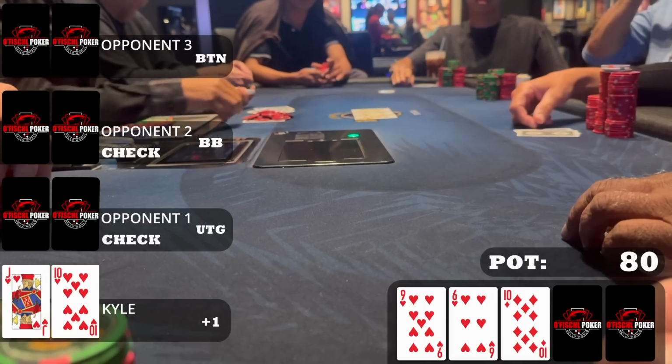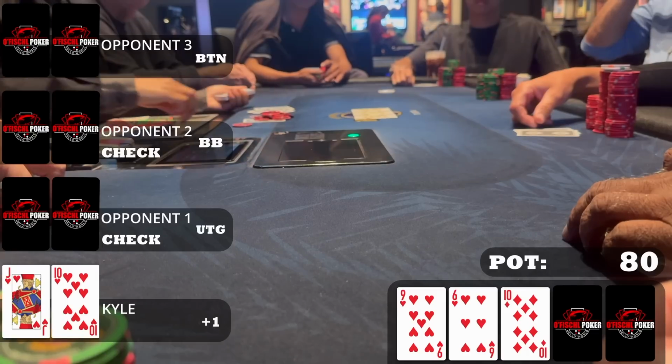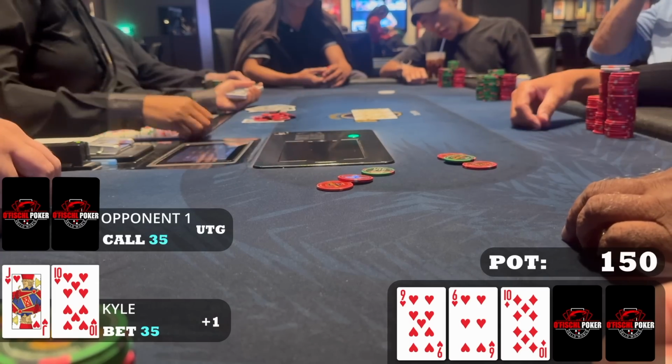You can't really ask for more when you play these suited connectors. When it checks to me, I'm going to bet under half pot here. Not worried about too many runouts, just trying to build a pot. Should have the best hand by the river a decent portion of the time. I bet $35. The player who limped decides to be the only caller, so we're heads up to a turn